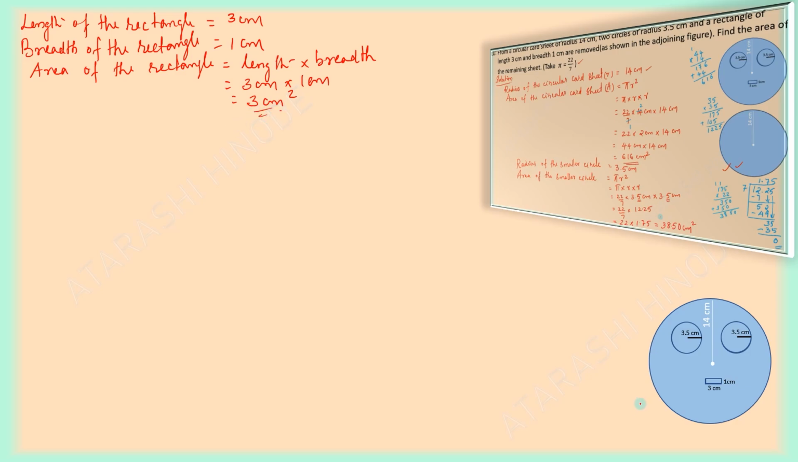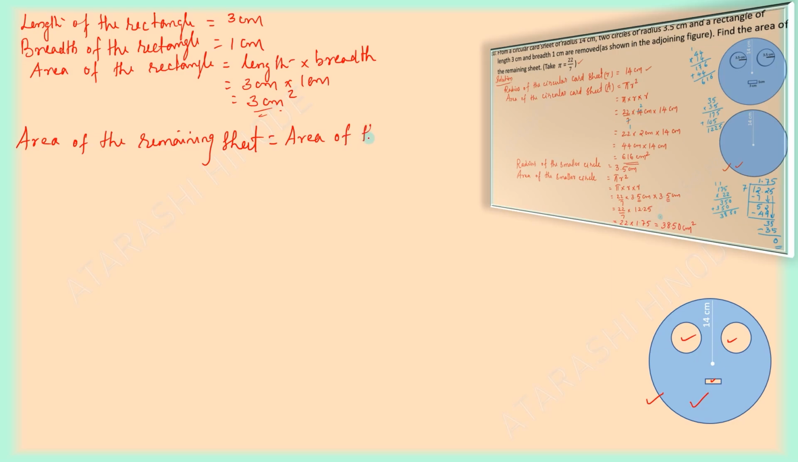Now we have found areas of all the figures separately. Next, we will find the area of the remaining sheet. Area of the remaining sheet equal to, how to get? That is, from the area of the circular sheet, if we subtract the area of these figures, we will get the area of this remaining shape. That is equal to